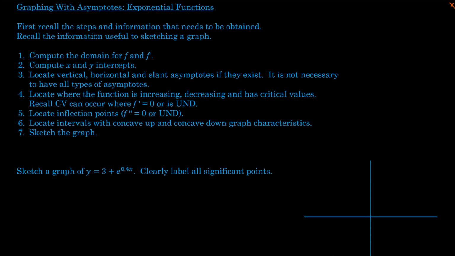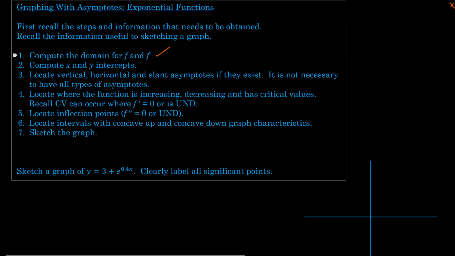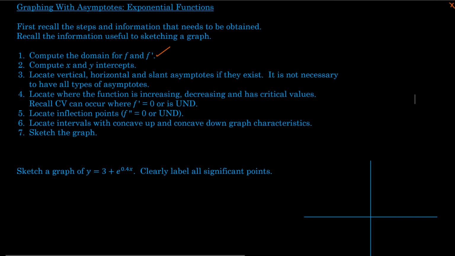First, I want to recall some of the information that was presented in an earlier video. There's actually a series of pieces of information you need to collect along the way. One of the first things you want to do is to verify what the domain is for both the function and for the derivative. I think I'll put a space in there so it's a little easier to read that that's a derivative. Then we need to compute the x and y intercepts and go on down the list. All right, so with this list in front of us,